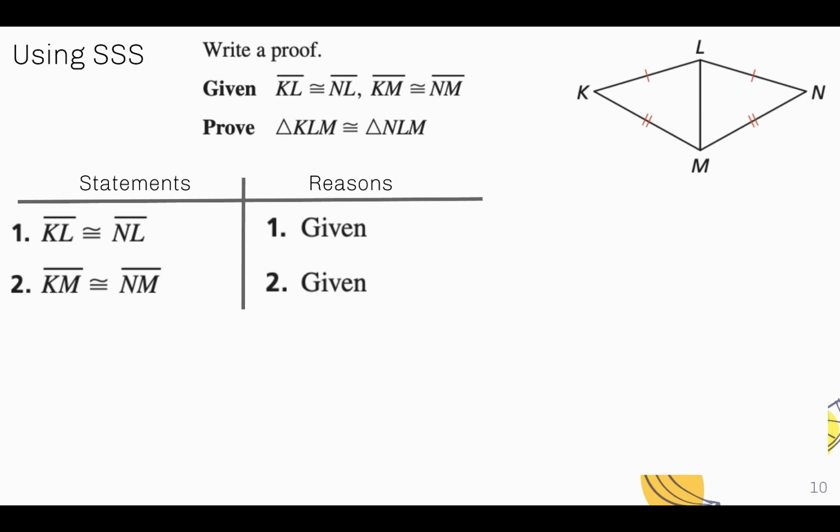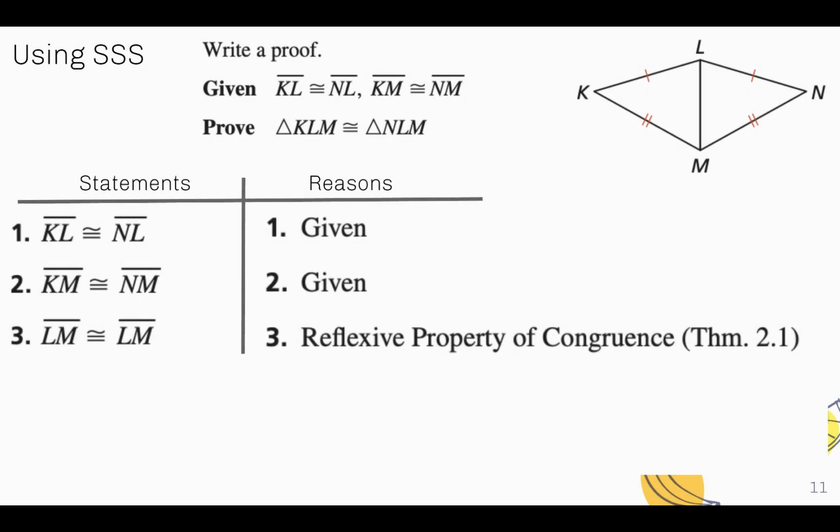Here we're given two triangles that are stuck next to each other. On the triangle on the left, we have one congruence mark, two congruence marks. Here we have one congruence mark, two congruence marks. Look for a shared side. Do we have a shared side? Yes, we do. LM is a common side to both of those triangles. So we're going to say that segment LM is congruent to segment ML. Now, how come we didn't have to say segment LM is congruent to segment